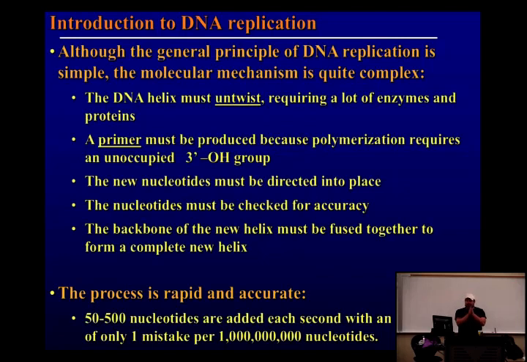So this is chapter 5 stuff. It's held together by hydrogen bonds, right? And there are different numbers of hydrogen bonds between the different nucleotides. So what does A pair with? T. G pairs with? C. How many hydrogen bonds between A's and T's? There's 2. How many between G's and C's? 3. So what happens here is that the 2 strands of DNA have to separate.